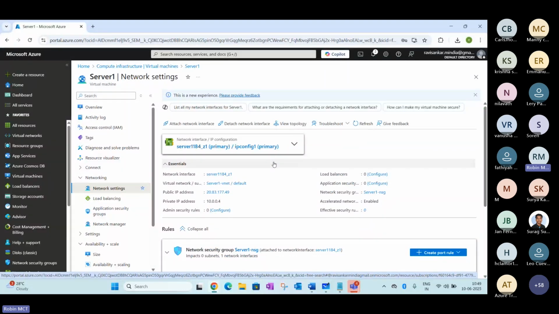Now, on top of the screen, you can see there are two options. One is attached networks, where you have an option available, and those details you can get from here.